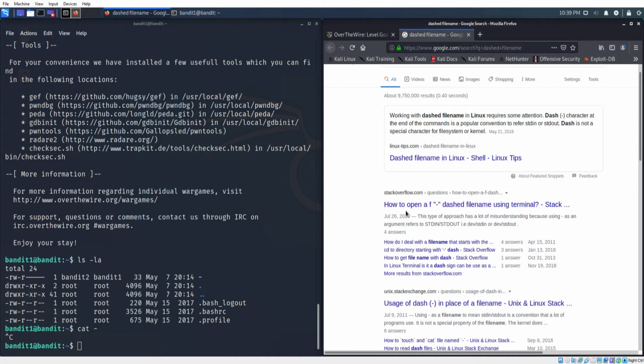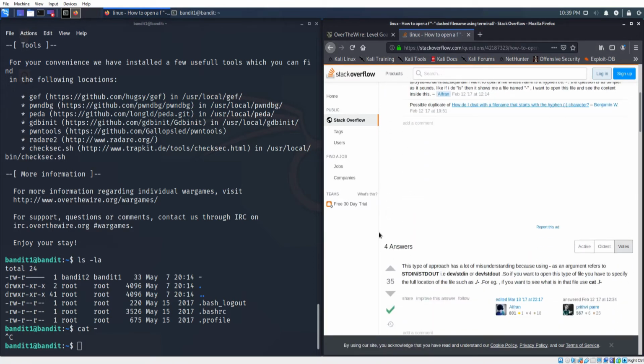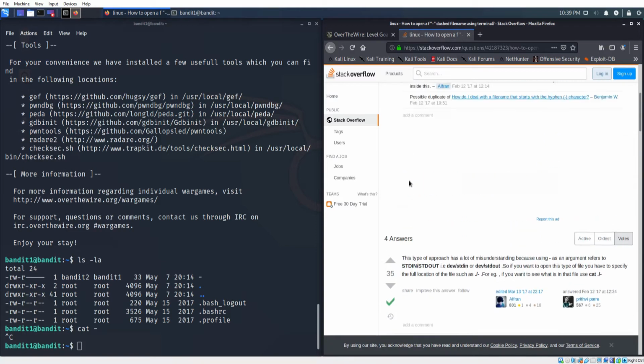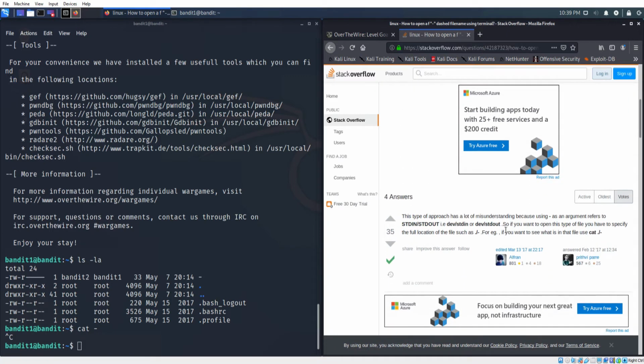Let's see how to search for a dash file name. This sounds like something good. We can scroll down to our answers here, and go back up and say, hey, they're trying it, how to open this file. If you want to open a file of this type, you need to specify the full location. So the full location is